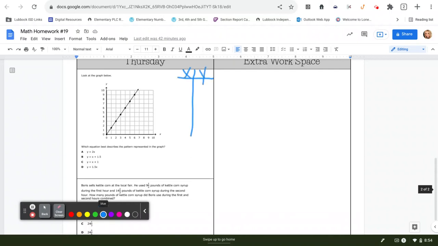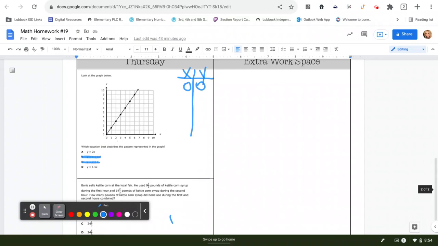Okay, look right here. This pattern runs through the origin. My first point is 0, 0. What do we know about patterns if they run through the origin? They have to be multiplicative. So I can get rid of B and C. Okay, so let's look